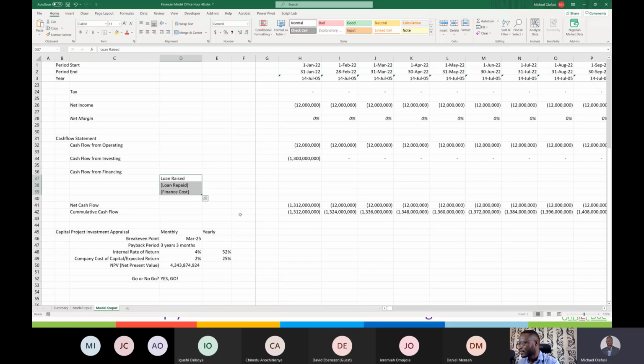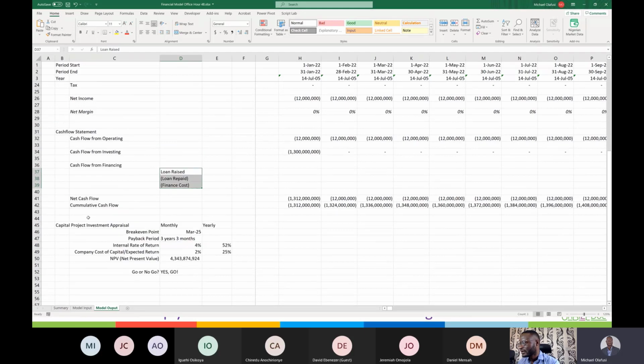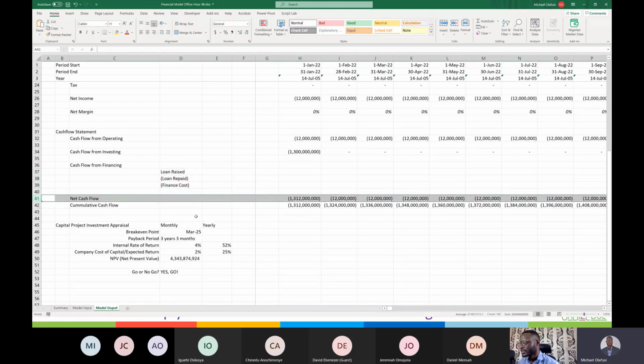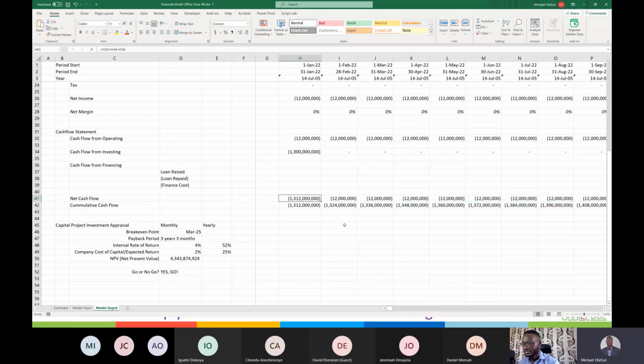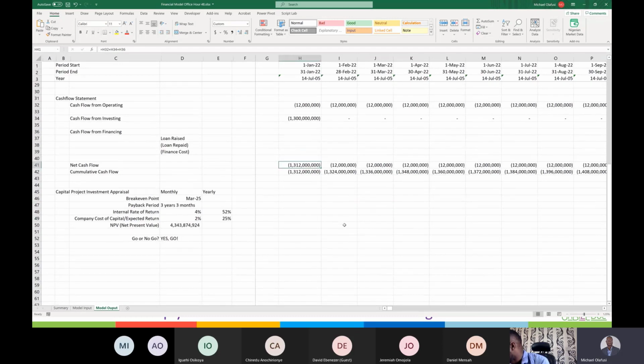So what that means is that for you as the company or the person funding the project, this is the cash flow pattern. You're going to have to first spend, what is this now? 1.312 billion. Yeah, 1.3 billion naira, and you keep spending because in the first 24 months when you are building and you are not producing and selling, it's coming out of your pockets.